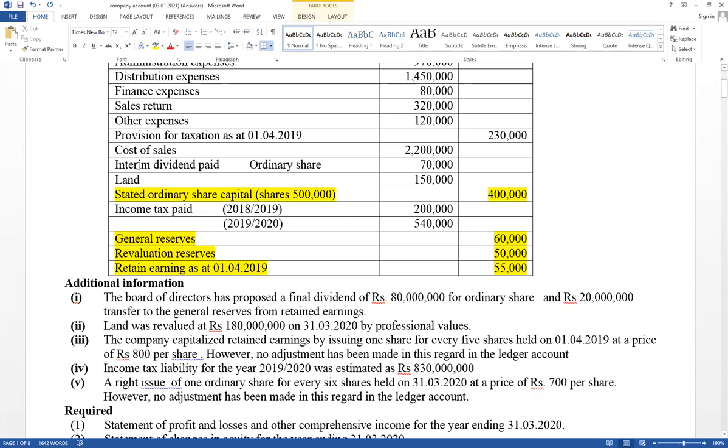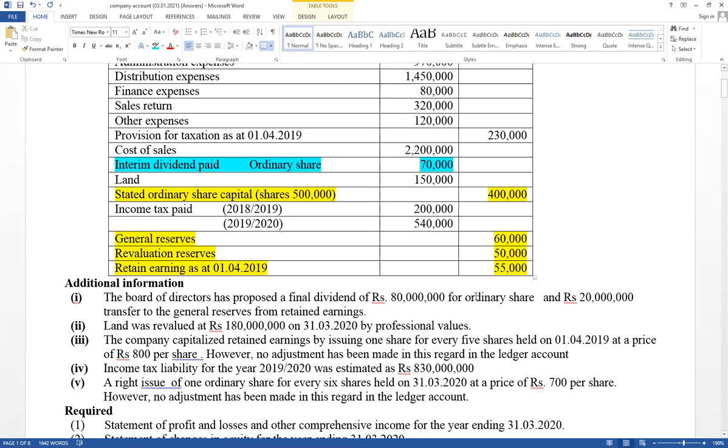See the trial balance, at the same time it has given interim dividends paid 70,000. Think about this one also. Interim dividends are paid during the current period, and proposed dividends are given in the additional information first one. Interim dividends paid, that value should be adjusted. It should be deducted from the retained earnings column in the statement of changes in equity. But proposed dividends for ordinary shares should not be adjusted based on LKAS 10. That is a non-adjusting event. Therefore, interim dividends can be adjusted, but proposed dividends for ordinary shares 80 million,